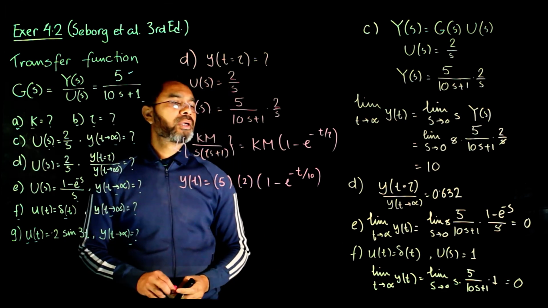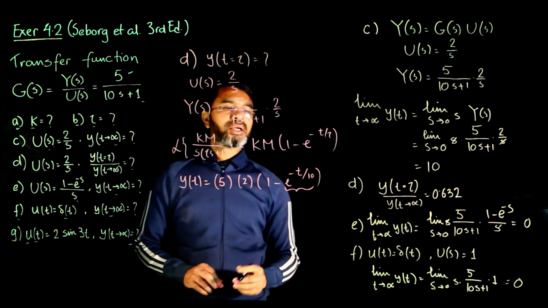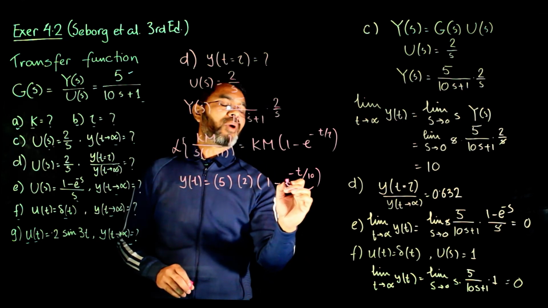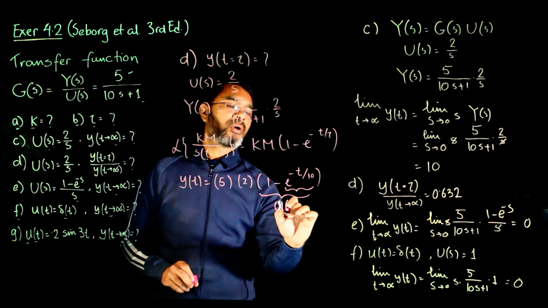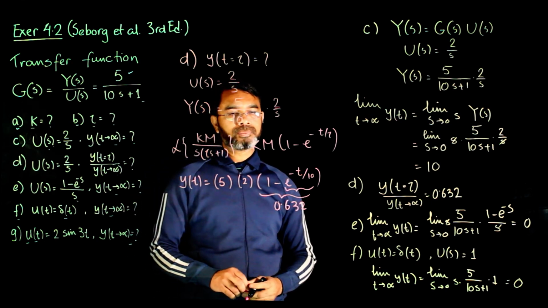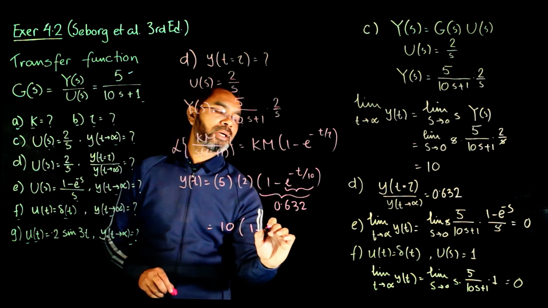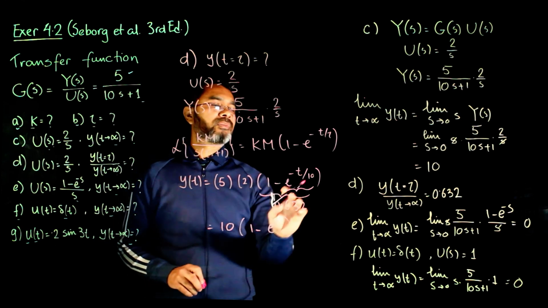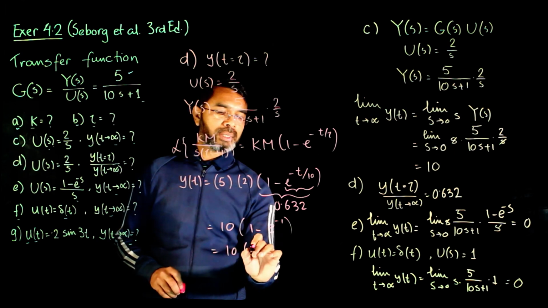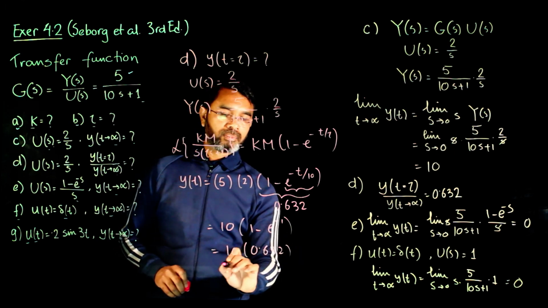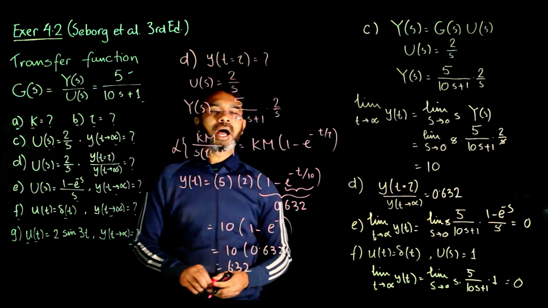If we plug in the value of t equals 10, we'll have 1 minus e to the power negative 1, and then this entire term becomes 0.632. So we'll have 10 times 1 minus e to the power negative 1. We plug in t equals 10, and we'll have 10 times 0.632. It becomes 6.32. So that's the value of the output when t goes to